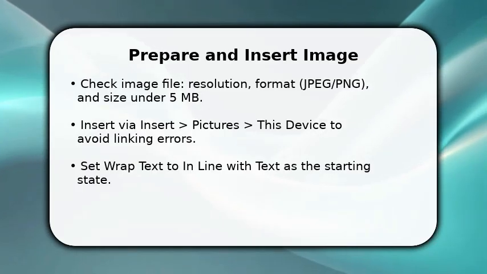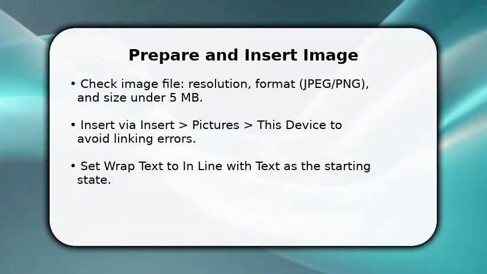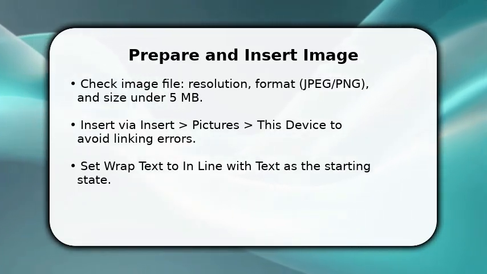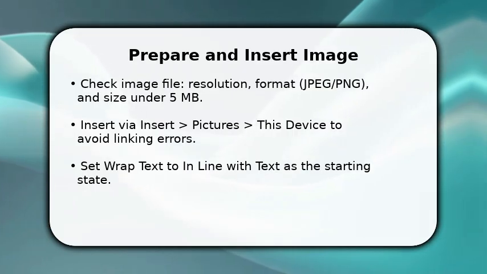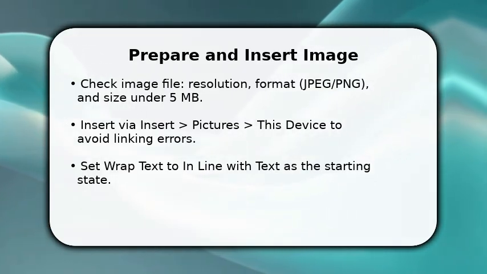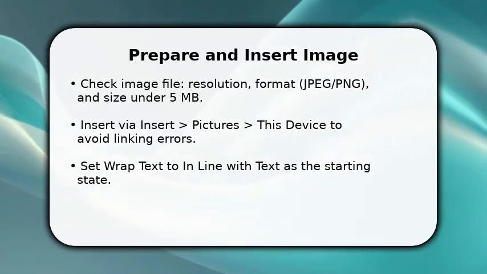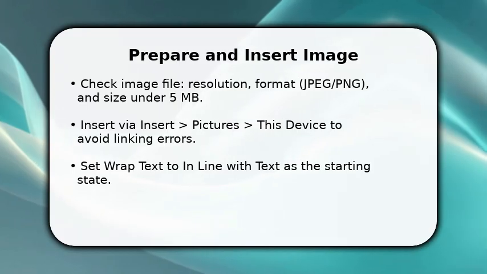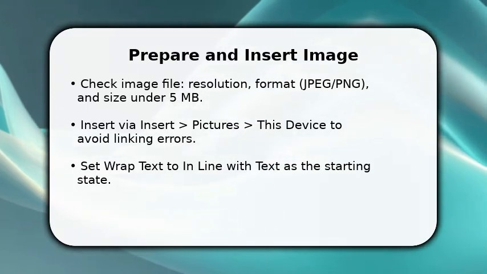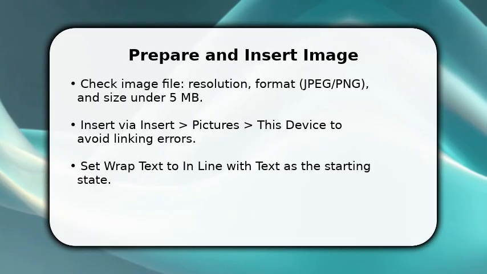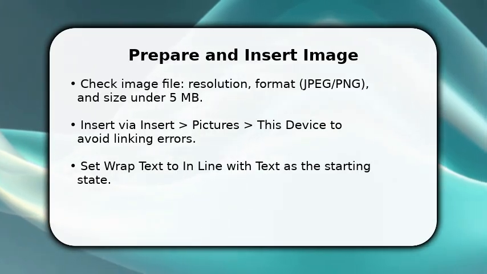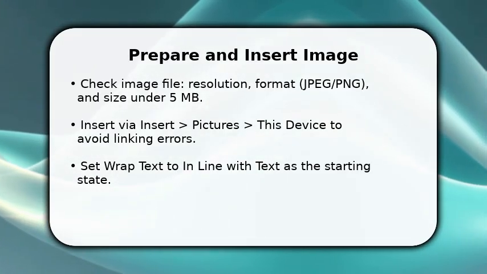You start by ensuring the image is suitable, correct resolution, and a common format like JPEG or PNG. Once done, insert it with Insert, Pictures, This Device, so Word embeds rather than links the file. Make sure to set wrap text to align with text initially. This prevents shifting while you edit. You'll do quick visual checks, zoom to 100% to confirm clarity, because fixing layout later is easier when the picture